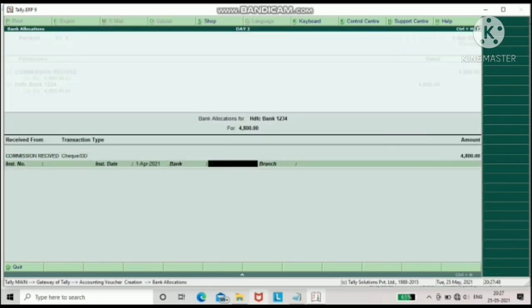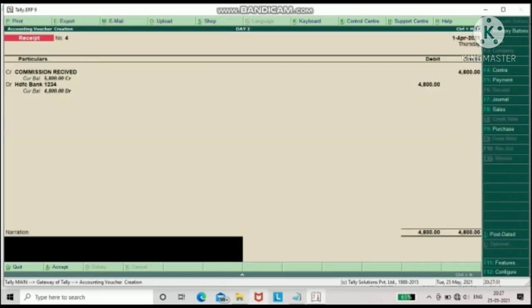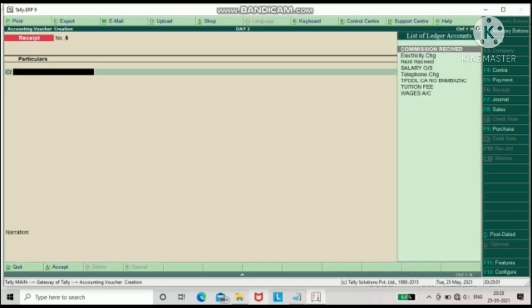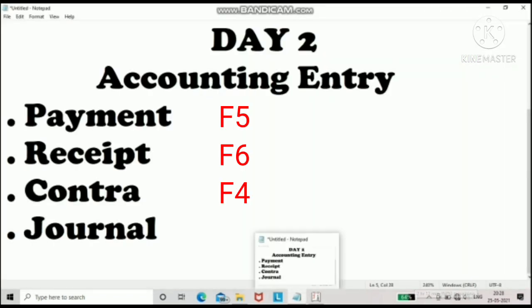Credit commission received and debit bank, and write the narration being commission received and save it using Control A or enter. So we have done payment entries and receipt entries.